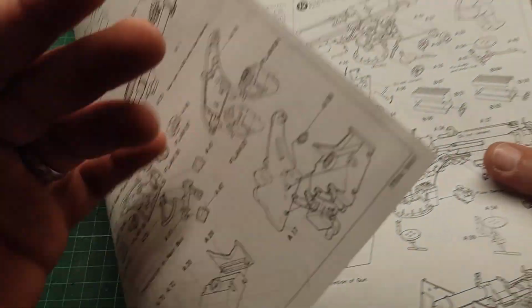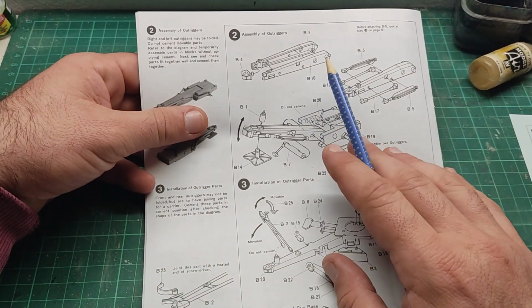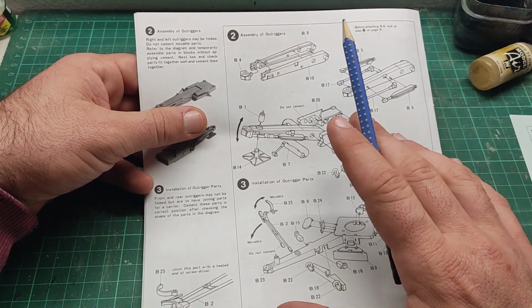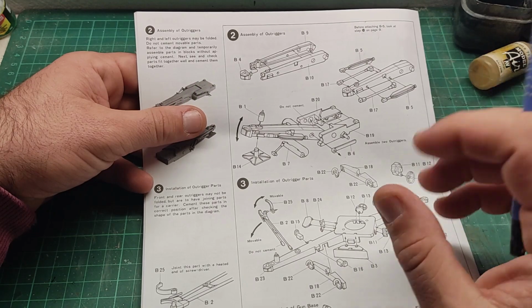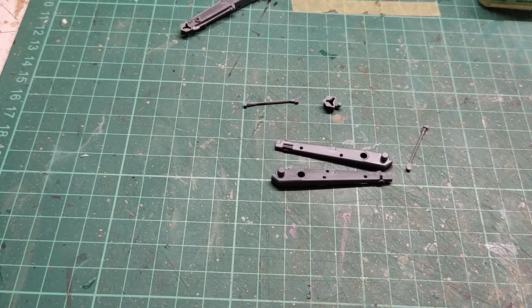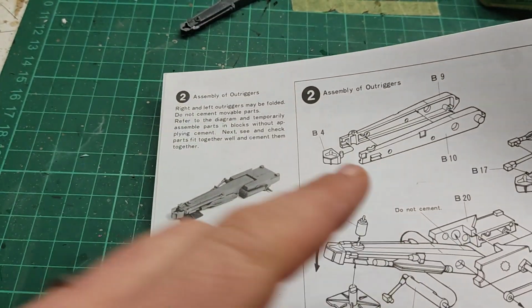Now, what I'm going to do, I am going to clean all these parts, and I am going to proceed step by step and as thoroughly as I can, a quote-unquote live build. Okay guys, as I've said, we have started with the first steps of the Flak construction. We are currently going to work on step number 2,